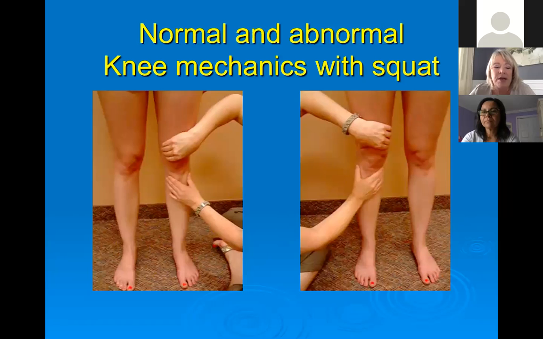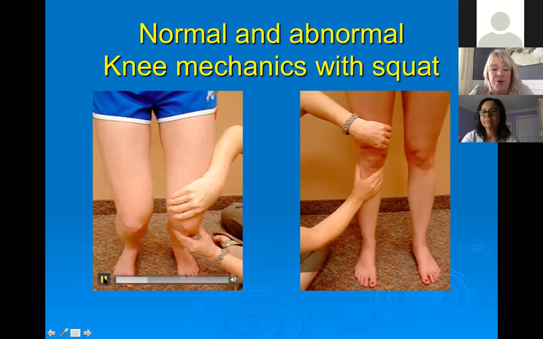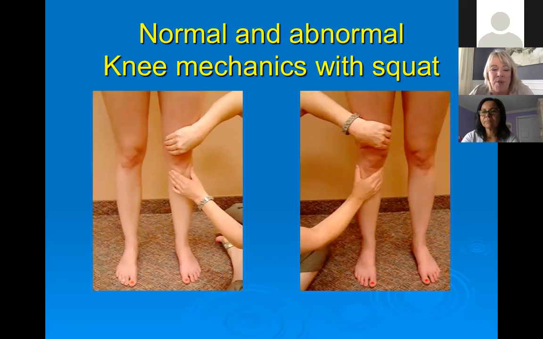So here is an example of looking at the alignment of the tibia in relation to the femur with a small squat. Now, normally the tibia starts off in slight external rotation in full extension relative to the femur. And so at the beginning of this flexion maneuver for the squat, the tibia will derotate to neutral, and then it should pretty much stay in line with no other twist. So what you're going to see here is a normal test. There we go, so it stays pretty much in line. There's no twist of my distal hand